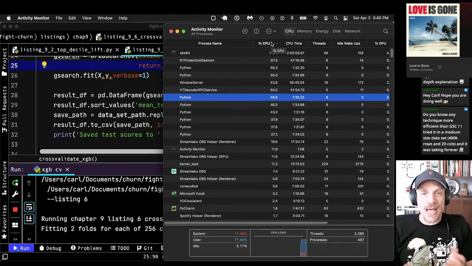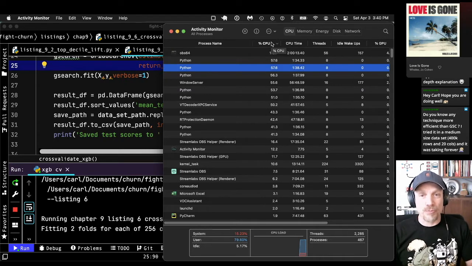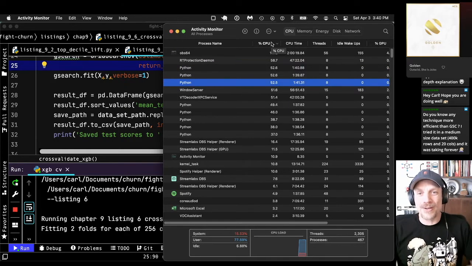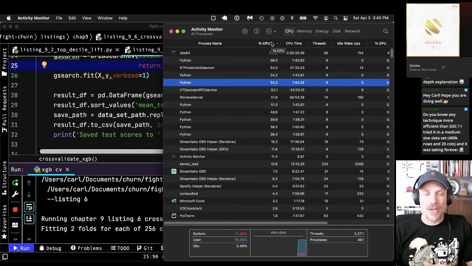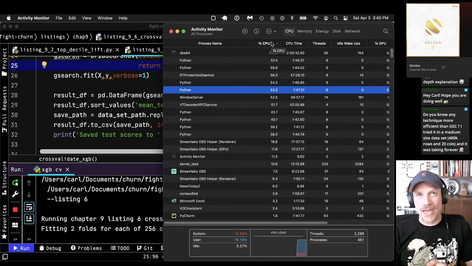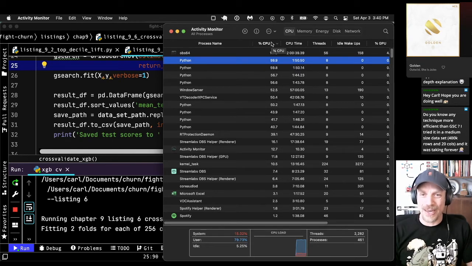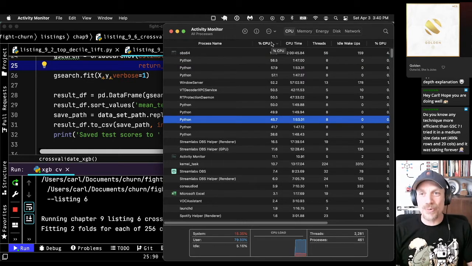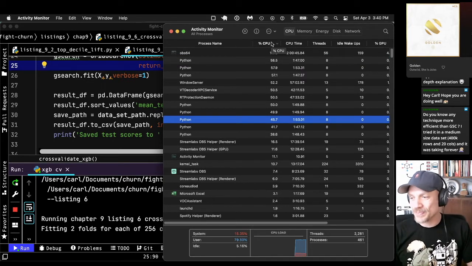And if you don't have enough speed on your local system, run it in the cloud, and then you can really scale it up. I've done big data sets. At my last job, we had data sets with hundreds of millions of rows, and we would use XGBoost. One XGBoost fit would take a couple of hours, which isn't too bad. But then when you do cross-validation and you're doing hundreds of XGBoost fits, that's where it really kills you. So that's when you really want to be running it in the cloud.